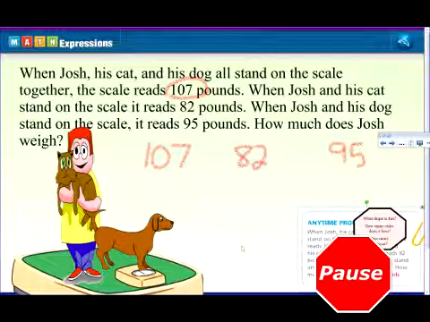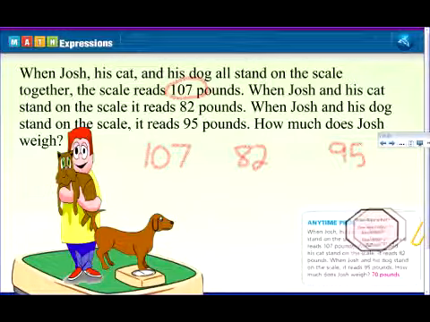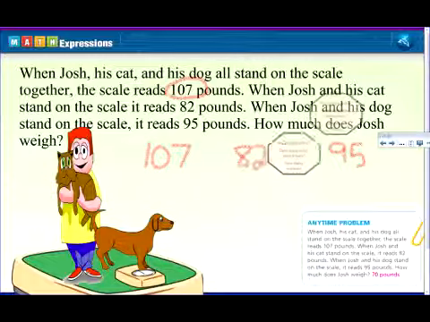How did they get that answer? Well, see if you can figure it out. We're going to move on. But here's another problem you can do. Whiteboard